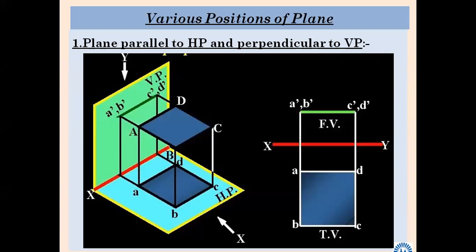Now we are going a little deeper in this chapter: various positions of a plane. We have seen various positions of a line. If you compare the first chapter and this chapter, only one dimension is increased. How many dimensions did a line have? Only one. Here a plane will have two dimensions. So there we were saying, if I say a vertical line, what do you understand by a vertical line?